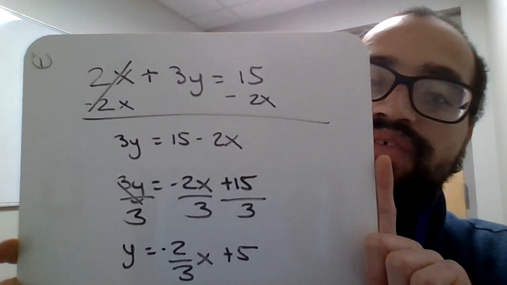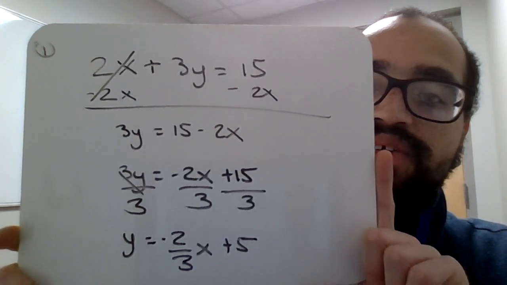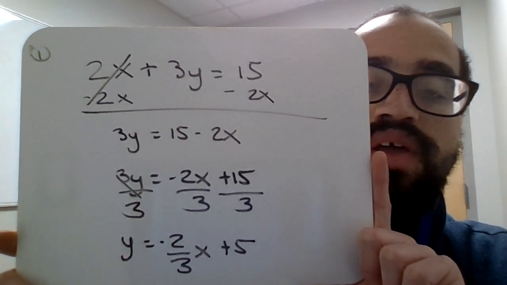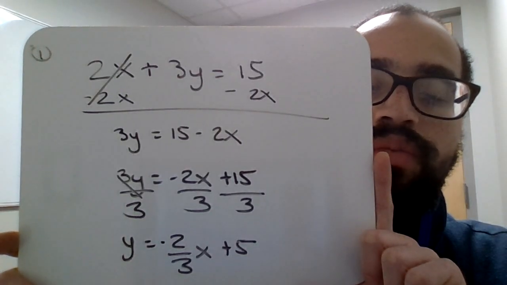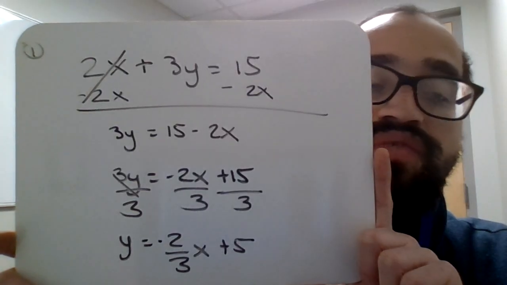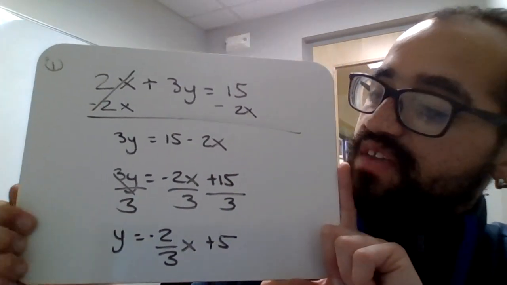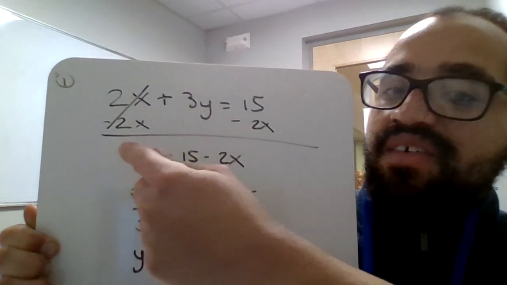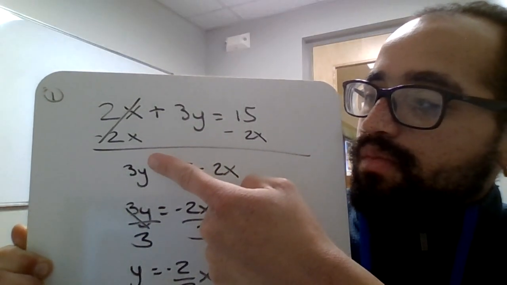So we have 2x plus 3y equals 15. And what I decided to do was isolate y. So by isolate, that just means that we get one variable to one side and move everything else over. In this case, we said y is one variable, and that's obviously different from x. So I chose y to isolate, and in order to isolate y, we had to subtract anything that does not have y in it from both sides.